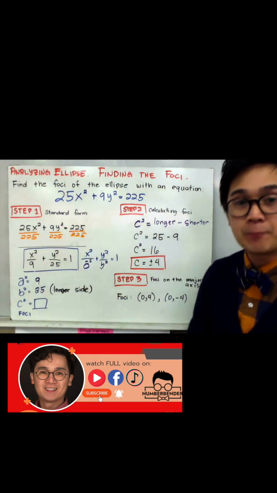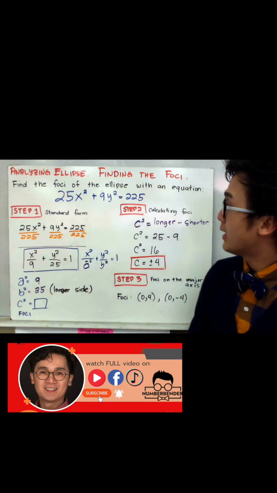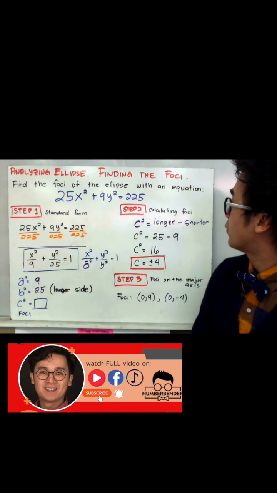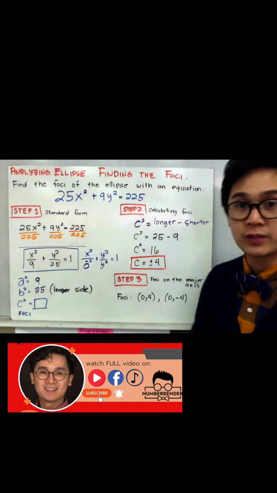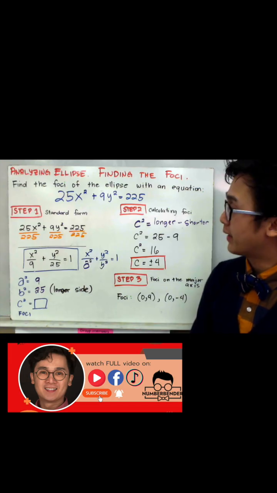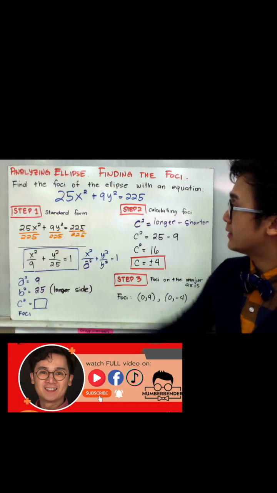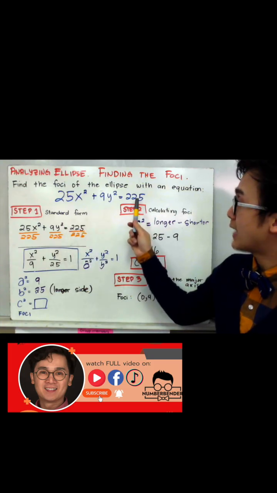Now for this example, we're going to be finding the foci of the given ellipse. Let's find the foci of the ellipse with the equation 25x squared plus 9y squared is equal to 225. We have a series of steps that we will use to find the foci of the ellipse. The first step is to change the given equation into its standard form,